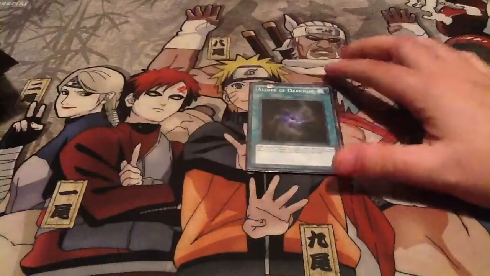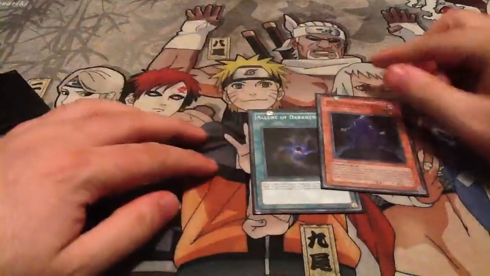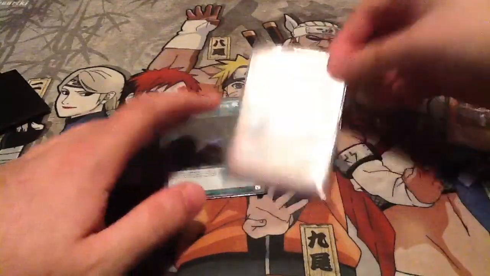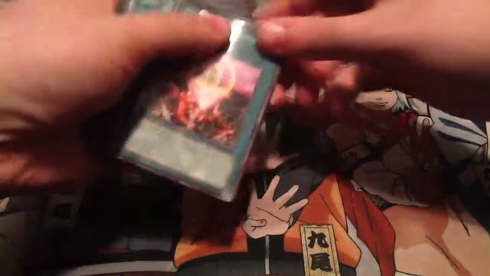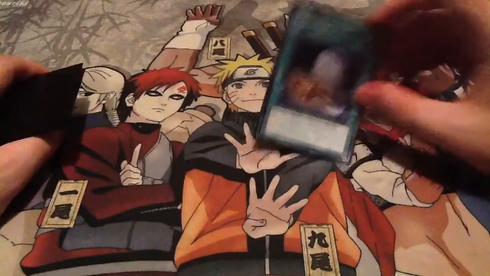Then we have Allure of Darkness, which is really good in this deck because you can play Allure and draw 2 and then banish the King of the Skull Servants, and then you can use White Mare's effect to discard it to the grave and then special summon the King of the Skull Servants back. So it's really good. Then 1 for 1 to special summon King of the Skull Servants, and Foolish Burial,